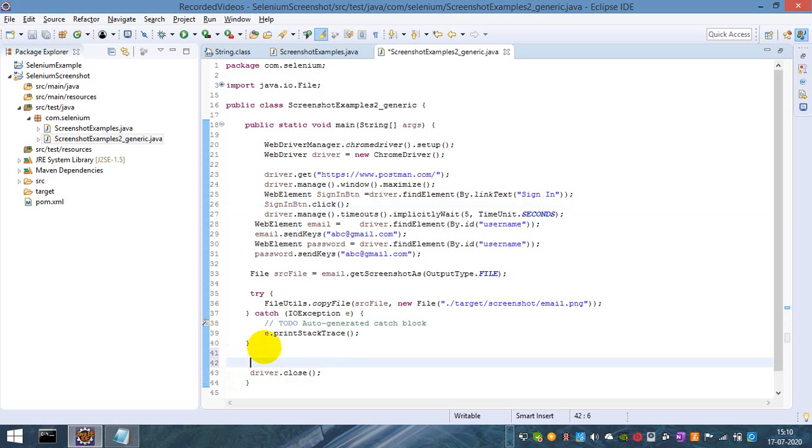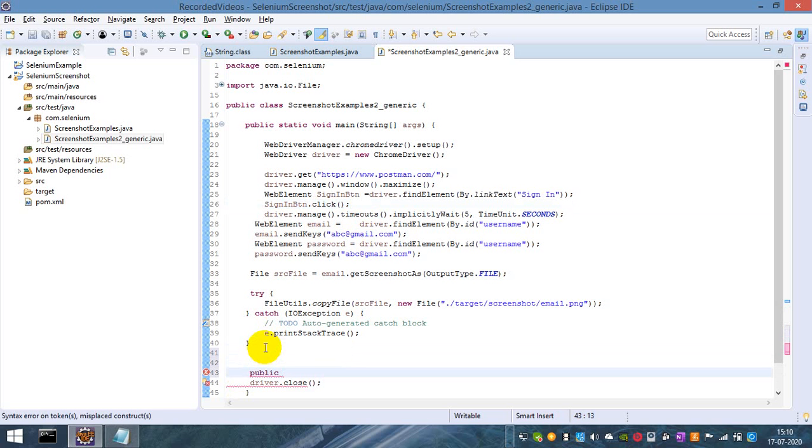For that, I will create one dedicated method, say public static void getScreenshot, and pass some parameters.